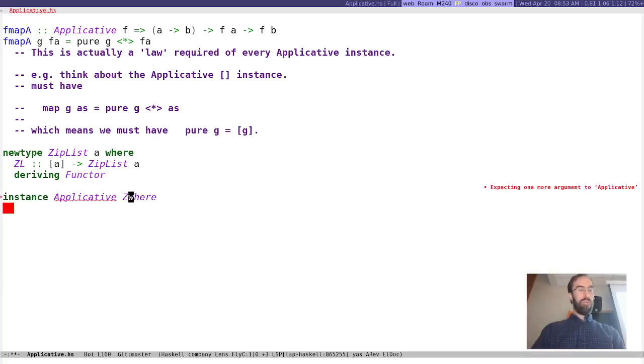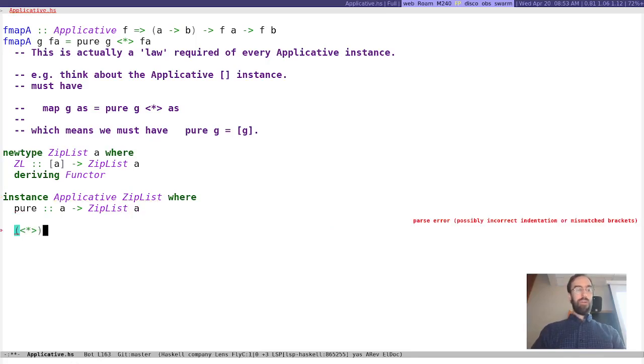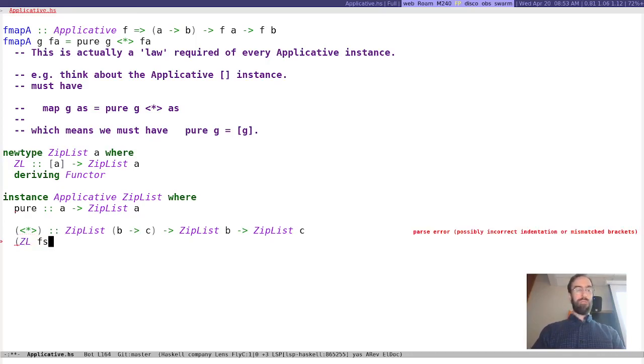Applicative zip list. Where? So here is going to be from A to zip list A. And it's going to be from a zip list of functions to the zip list of arguments and give us back a zip list of results. And so we already know what this one we want to do. So we're just going to say zip list,